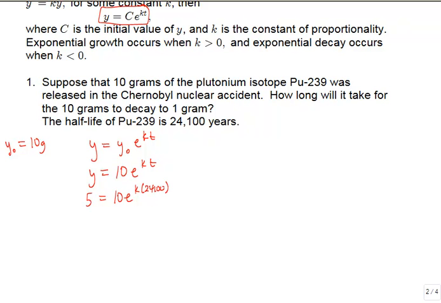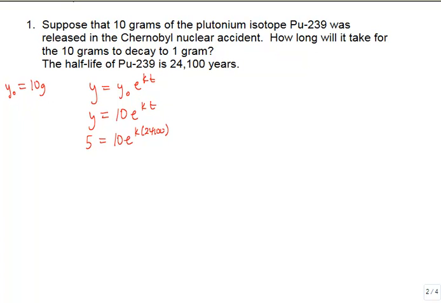Now, how do you solve this? This is something that you should be familiar with from college algebra. First thing you want to do before you try to undo that e is always divide through by that coefficient. Get rid of that 10 first. And 5 divided by 10 is just a half. I'm going to write that as 0.5. So we have 0.5 equals e to the